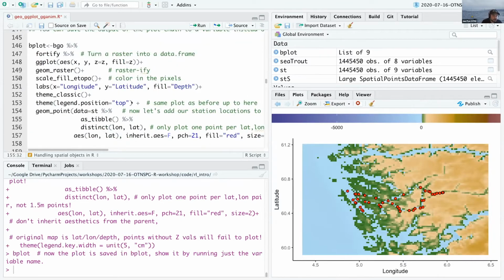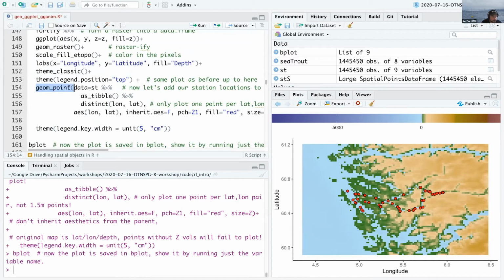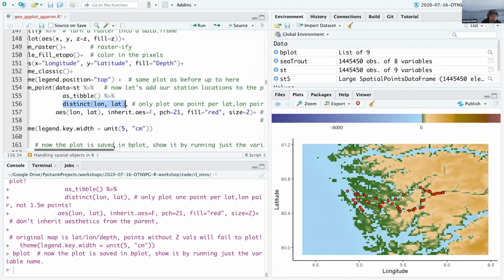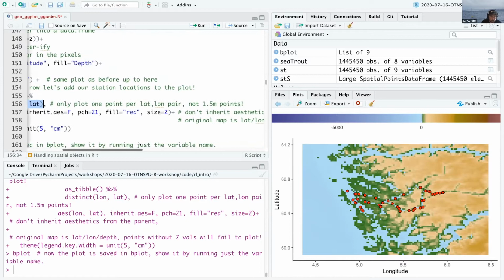Now, one thing that we did here with bplot, so let's say that we wanted to always have a map of where our receiver locations were. And that's our background against which we're going to do everything else. So I take my same plot as before, and I add 1 more argument. I have geom_point, and the data is my sf object that I built with the nice global lat-long reference system. I'm going to say, make it a tibble so I can work on it. And then give me just the distinct latitude and longitude. So now every lat-long pair is just 1 point and not 1.5 million points,